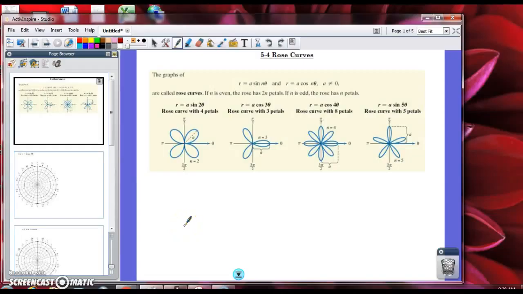Hey everyone, today we're going to talk about Rose curves. Okay, so different types of polar equations. So make sure you have the note sheet printed off and also make sure you have your calculator because I'm going to show you how to do some stuff in your calculator that's going to make your life a lot